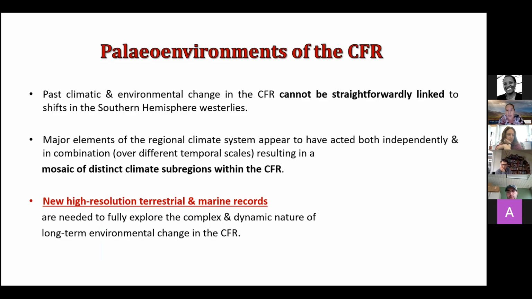We have different manifestations of the different climate systems within the region. And what has come out of the recent, about the last 10 years, of research by myself and many other people, including Brian Chase in terms of the midden work, is that there's a mosaic of distinct climate subregions within the CFR. And really to tease out some of these nuances, we need new high resolution terrestrial and marine records. And this is where we are